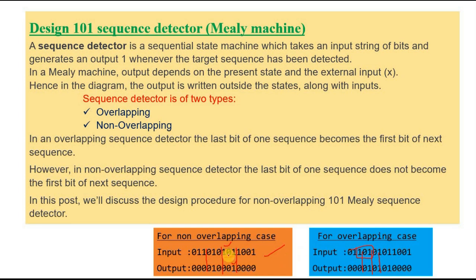So that means for 1, 0, 1, the corresponding output is this. But here 1, 0, 1, that means we have given a 3-bit number, right? That's why I am grouping 3, 3 numbers. So when 1, 0, 1 you got, output is 1. So these 3 bits are alone. But if you see here, 1, 0, 1 is combined with the first 3 bits also. That's why this is called the overlapping case.